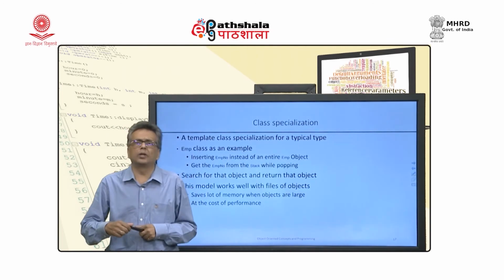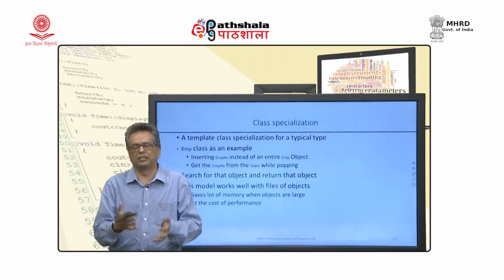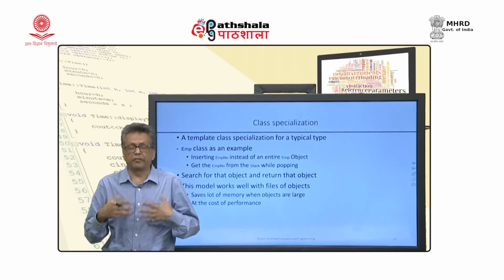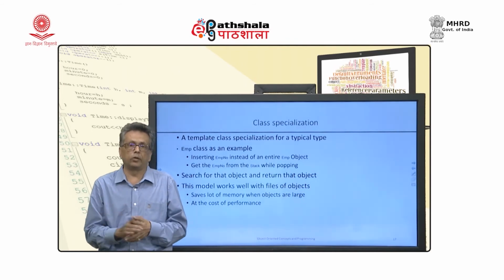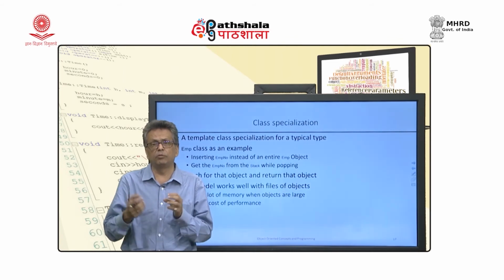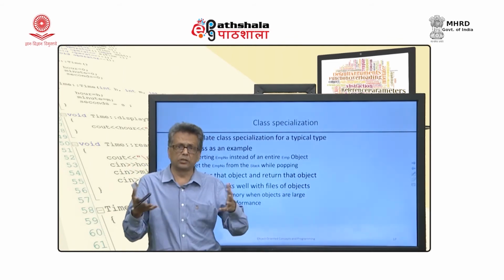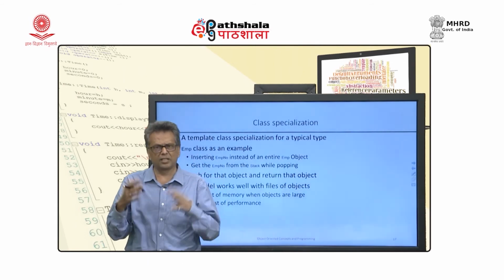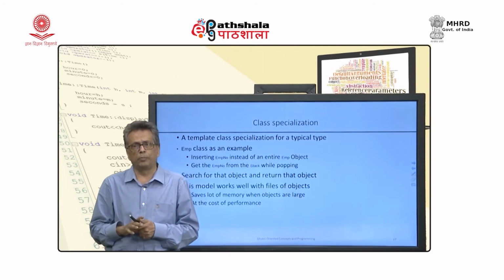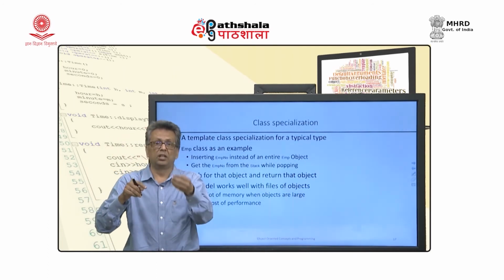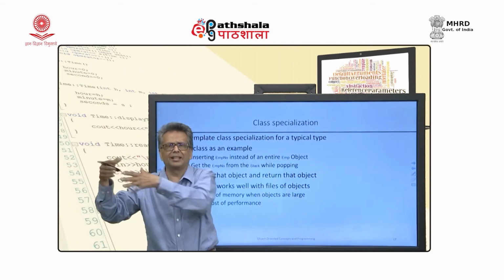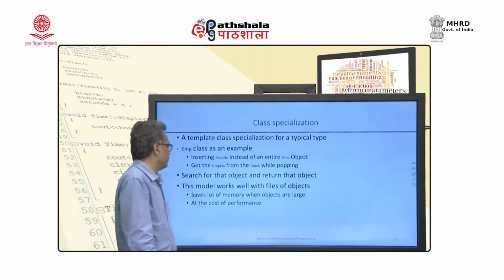Like function template, you can have a specialized class for a specialized case. Now, we will have a very simple case again. We define a stack which can take in employee objects, and now what we do is, now when we insert an employee object, we will not insert the entire object. Maybe the object is too heavy for us to have in the stack. So, we decided that way. We only insert an employee number, and when we pop, that employee number is popped out, and if it is to be displayed, what we do is, we will pick up that employee number, look in the array, find out the employee object, pick up that employee object, and then display it. Okay, so, this is what we are going to do.